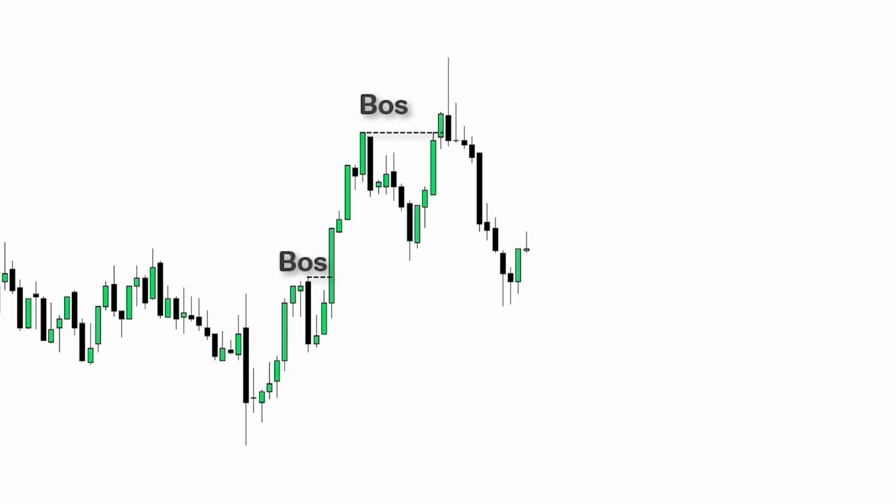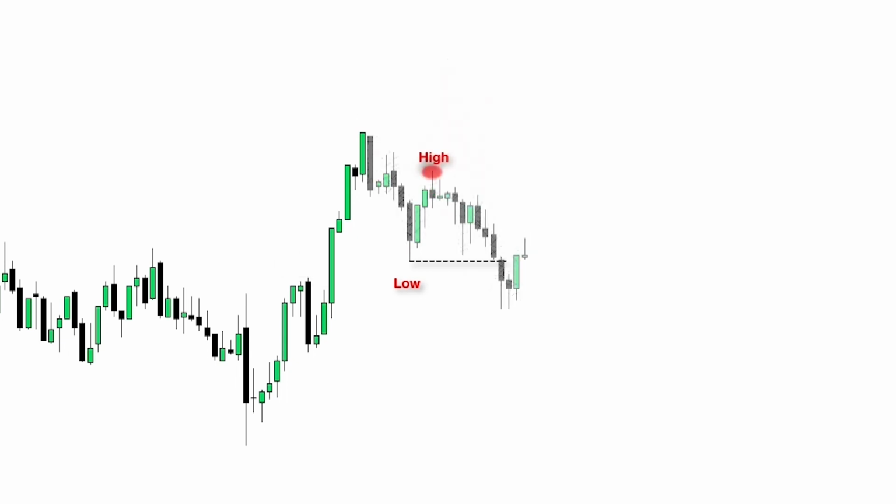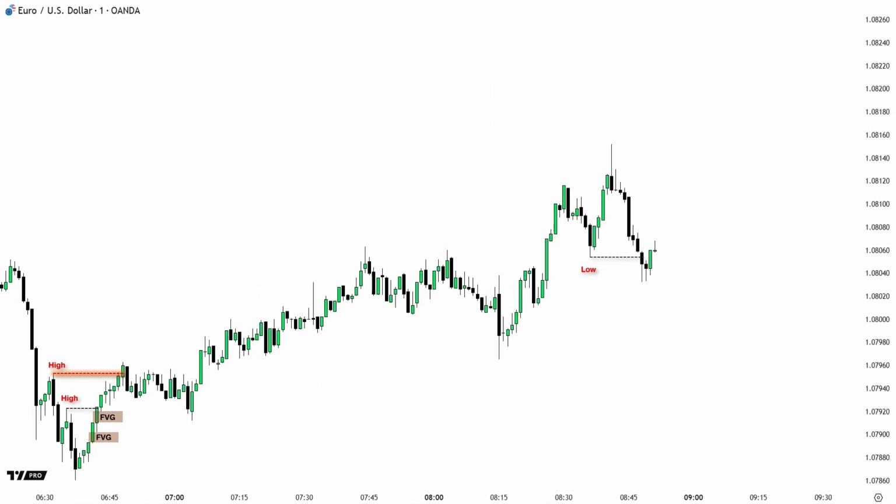So when we are in a confirmed uptrend like this, if a candle breaks the previous low with its body and closes below it, that's a change of character which indicates a potential downtrend, right? And here is a big mistake again, and no one teaches it. In this situation, to confirm a change of character, after we confirm this candle breaks the previous low, we will need to see a lower high first. And that's the point. So, because there is no visible lower high, we cannot consider this break a change of